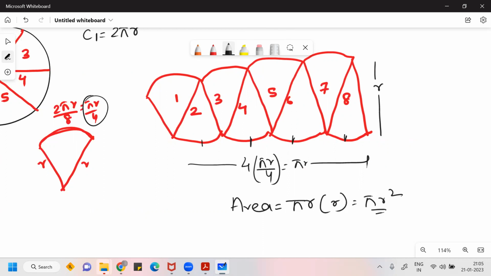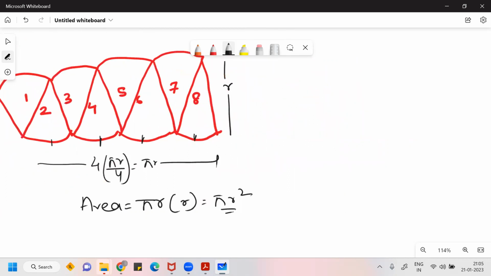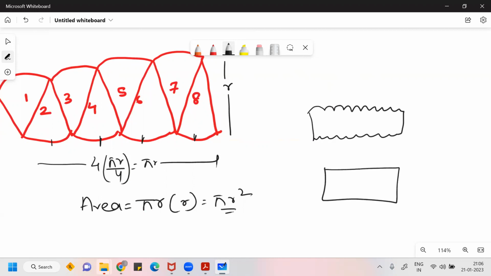So now, okay, I made it 8 parts. Okay, you made a million parts. Let's make it a million parts. Then if you make it a million parts, maybe it would be like this, like this, like this. And once you made a million parts, make it billions of parts like this. Then maybe it would be like a straight line, something like that. So we are talking about that scenario.